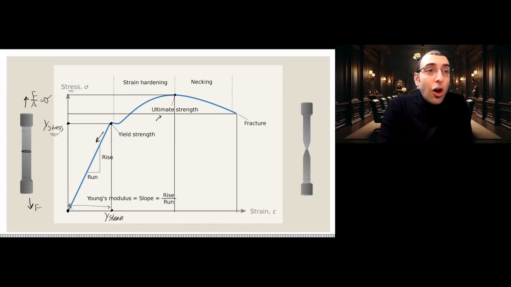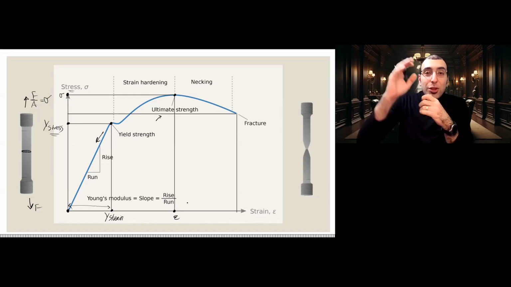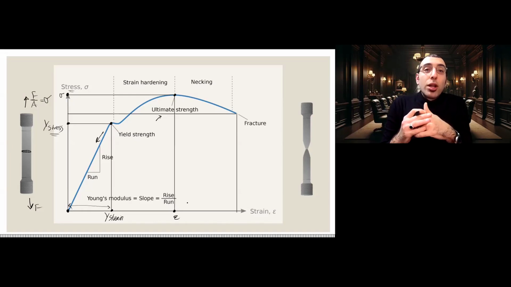Ultimate strength is the highest point on the stress and strain curve, and its stress and strain correspondence are like, if you're here, then ultimate tensile stress will be here. That's your corresponding stress. And ultimate tensile strain, if you drop it down, will be here. That's your corresponding strain to the ultimate point. So in the ultimate point, you have a strain, and then also you have a stress. It again tells you that if you apply this amount of strain on your sample when you're pulling, and you're exceeding or at this point, you're at the highest point in your stress and strain curve or the highest strength